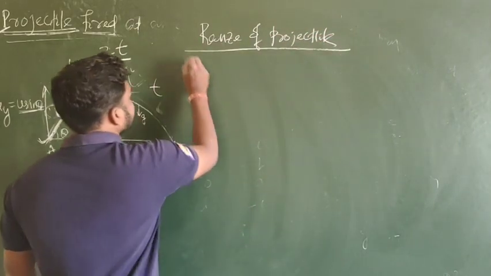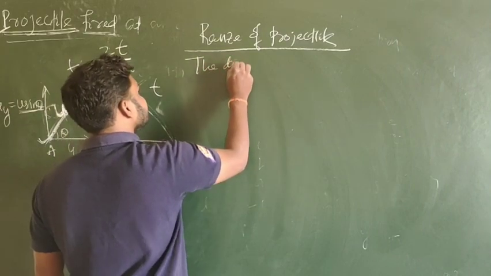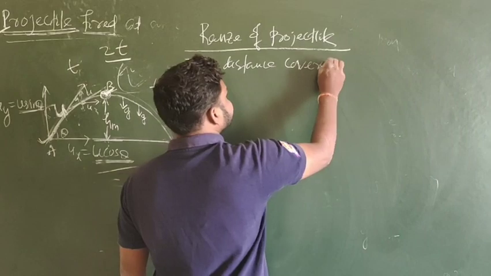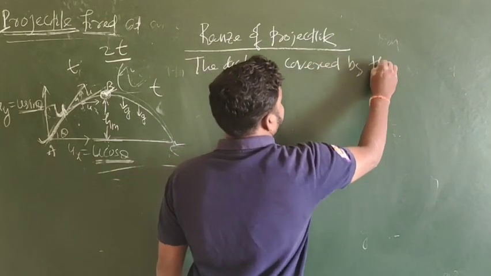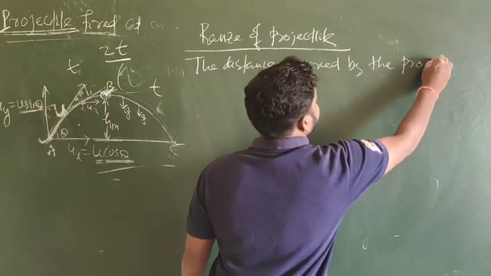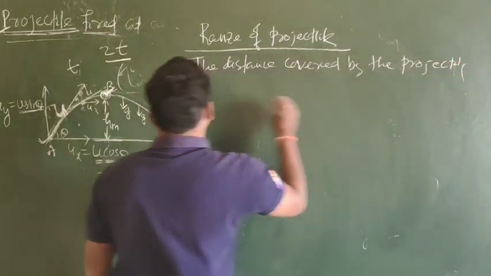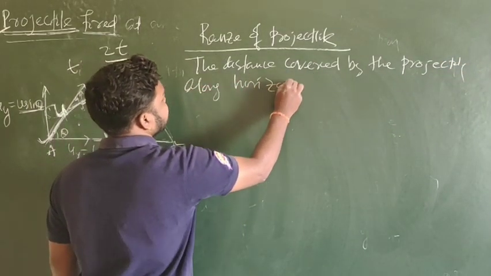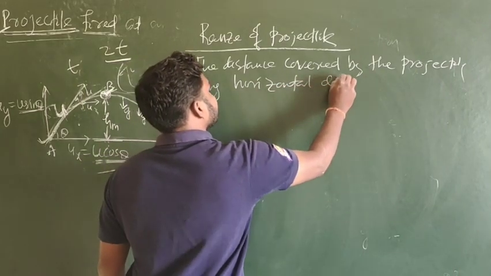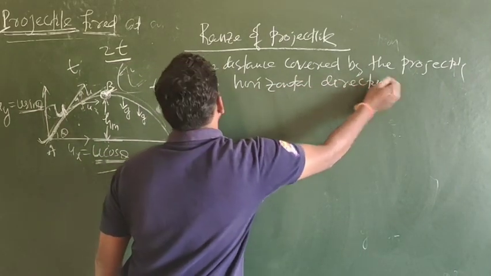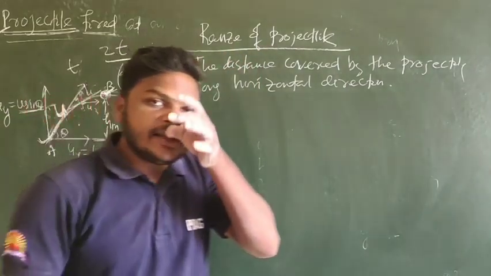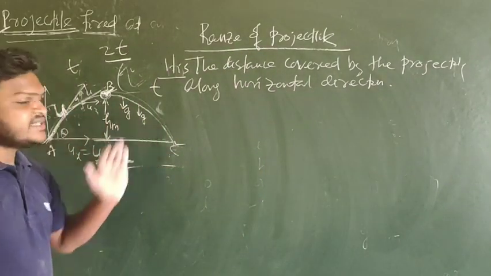Horizontal range: distance covered by the projectile along the horizontal direction is range. It is the distance. Let us write range. Range is the distance in the horizontal direction,